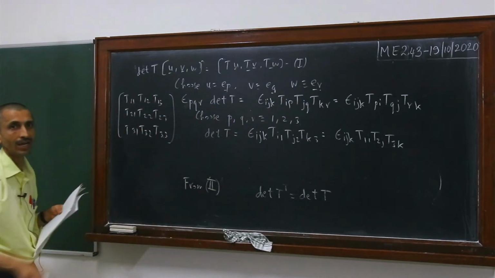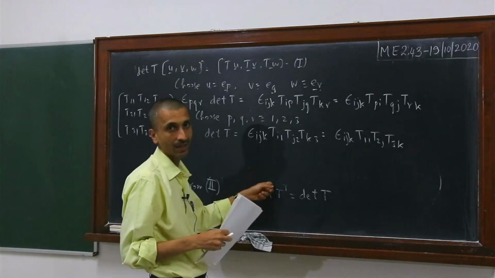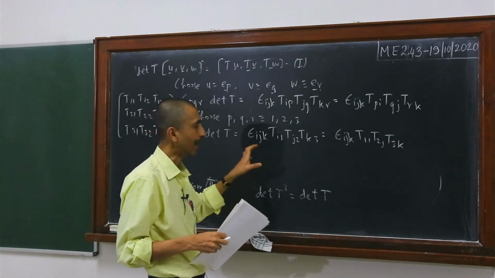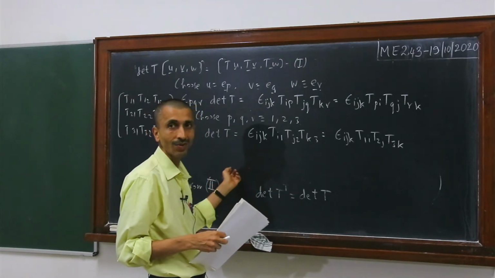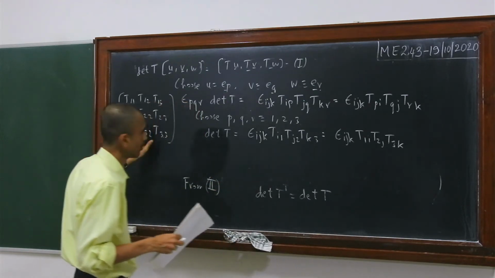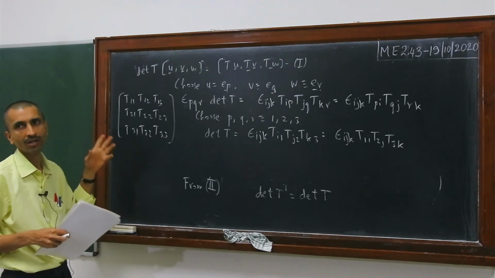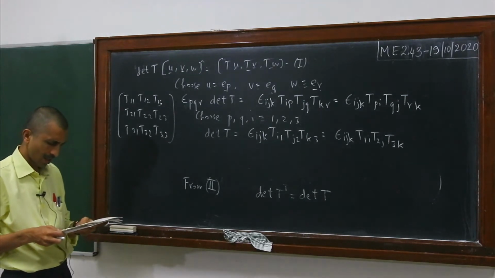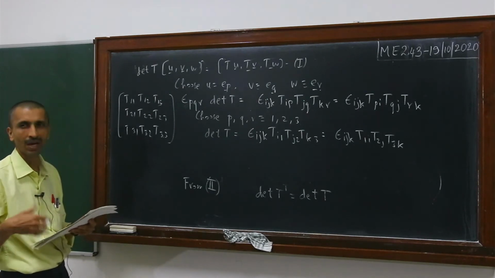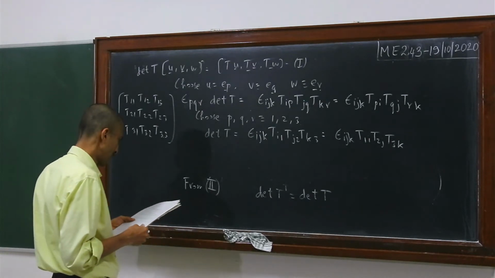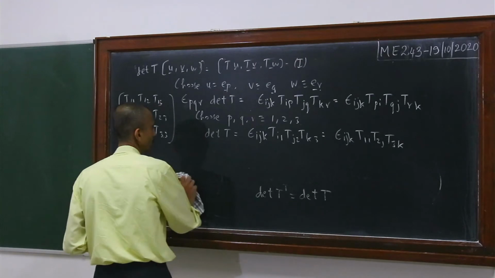Then you may ask, in that 1/6 formula which I had derived just a while ago, why does that 1/6 factor come? So basically this object gets repeated 6 times in that particular formula, and then it's just a repetition. So the 6 will get cancelled. Finally you will get back the same thing. Okay, so these are just alternate expressions for the determinant, and all of them are useful in some context or the other while proving some other results. Yes. Okay, then let us look at some other results now.